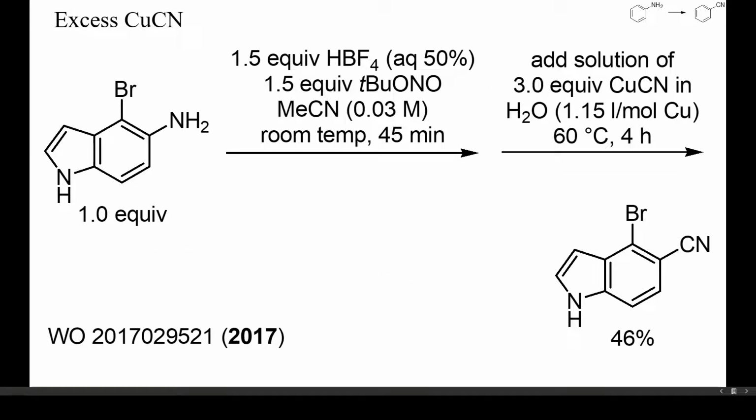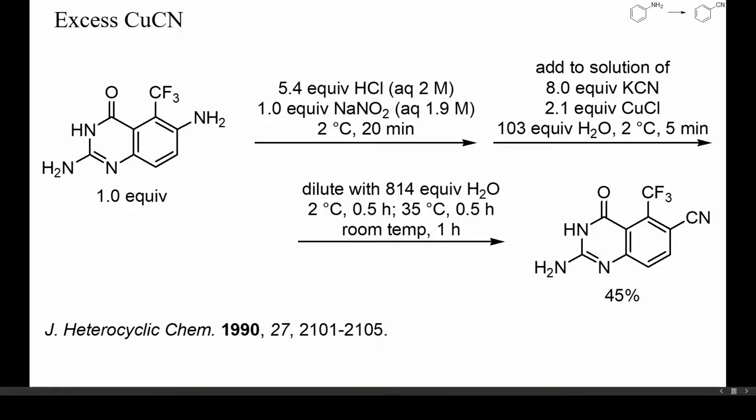Indoles can be nitrosated at nitrogen, but successful examples of the cyanation of unprotected amino-indoles have been reported. Here, for instance, the desired nitrile was obtained in 46% yield after nitrosation with an excess of tert-butyl nitrite and cyanation with copper cyanide. Again, the excess of nitrite was too large. In this example, the diazonium chloride was generated from just one equivalent of sodium nitrite to avoid nitrosation of the acylguanidine substructure. Cyanation with an excess of copper cyanide gave a fair yield of the target nitrile.